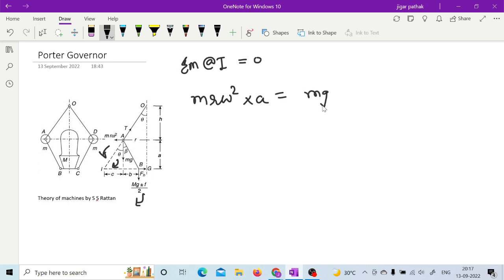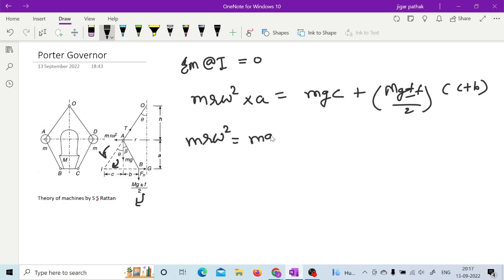This mg has the distance c, and this mg plus or minus f by 2 has the distance c plus b. So if you further simplify this, then you have mr omega square is equal to mg c by a